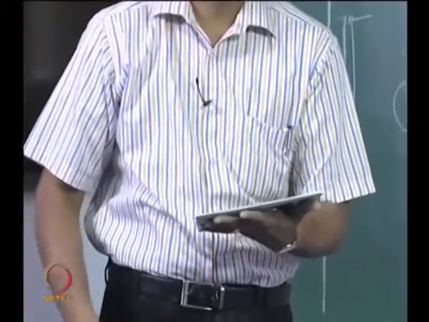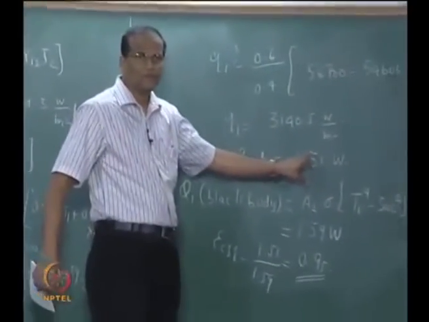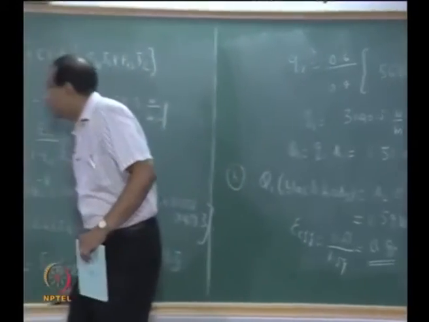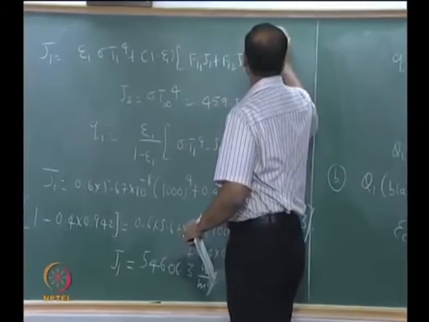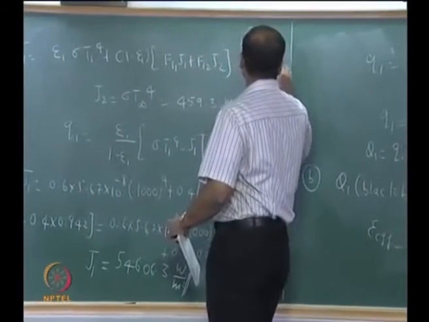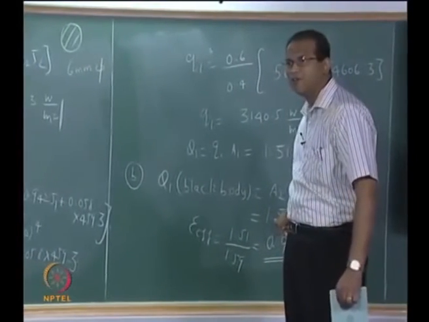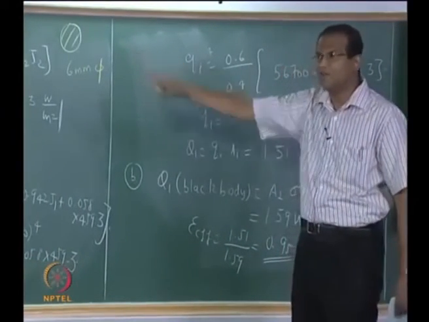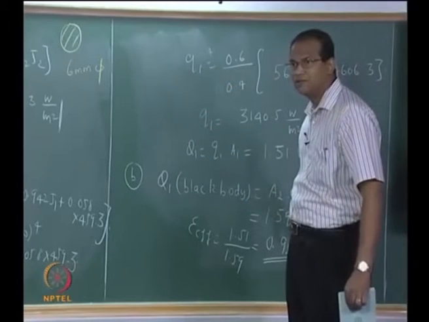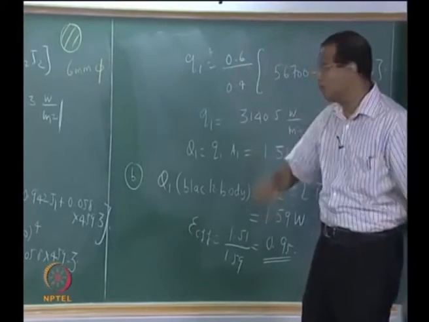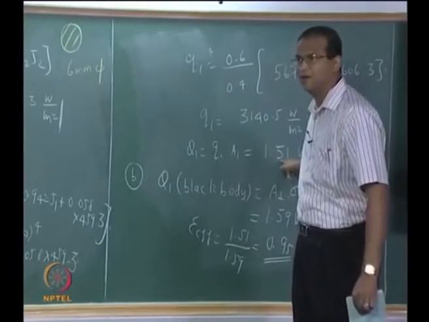Suppose I bore a hole, then I can get a heat transfer rate of 1.51 watts, okay. Suppose I just leave an area at the top like this, if it is a black body the heat transfer rate is 1.59, if it is a body with emissivity of 0.6 the heat transfer is only 1 watt. Are you getting the point? Therefore, by drilling or boring a hole from 1 watt we are able to take it up to 1.51.